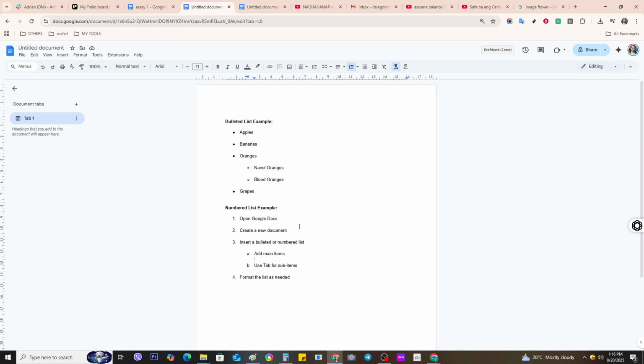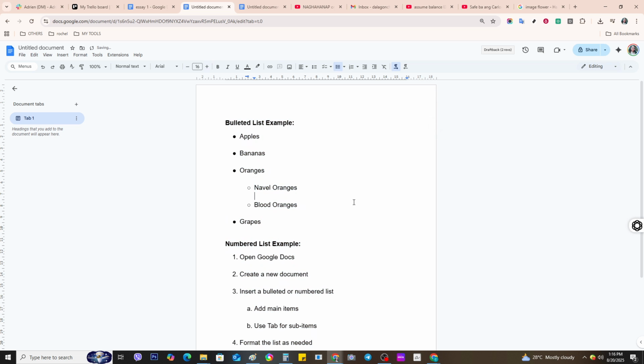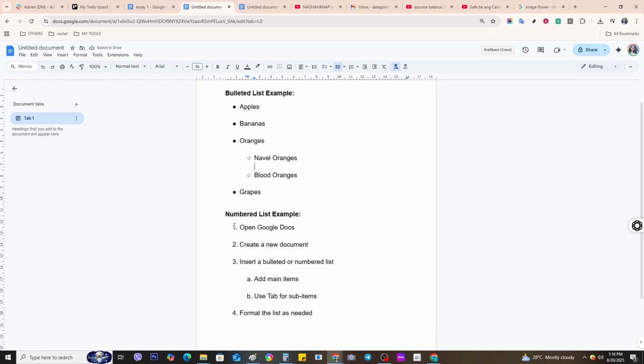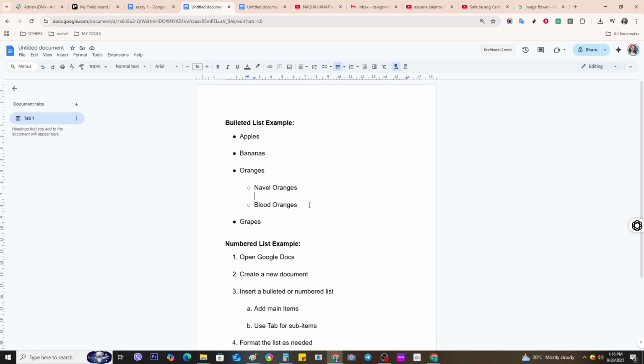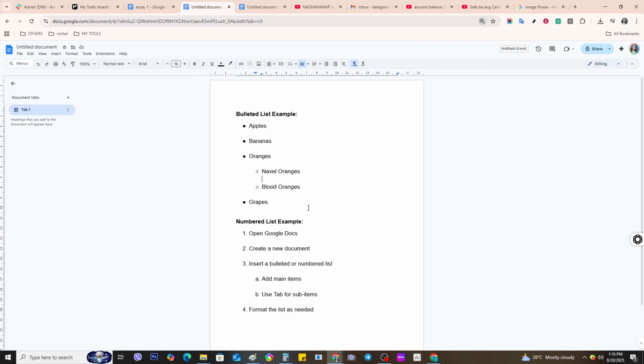As soon as you start typing your first item and press enter, the next number will pop up automatically. This functionality allows you to maintain an easy flow as you work your way through the list. Additionally, should you need to create a sub-numbered list, simply hit the tab key. This will indent your item and continue numbering in a hierarchical sequence, perfect for outlining steps or processes that require